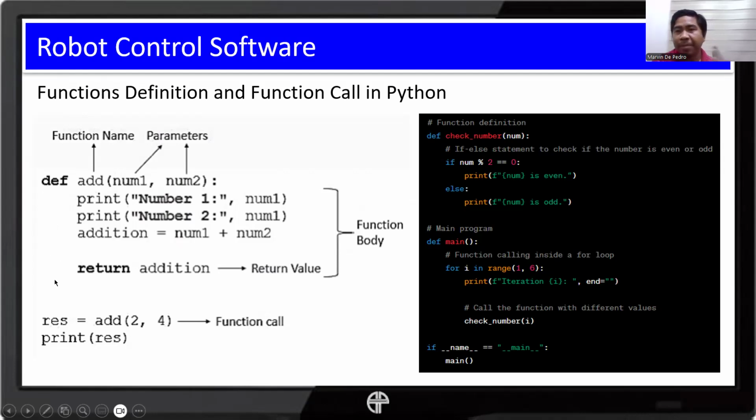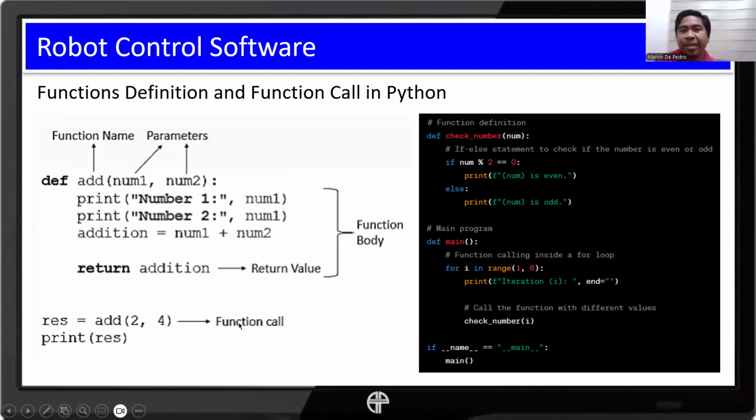That means if you intend it to be part of your function definition, you have to align it with the rest. In short, you just have to observe proper indentation. So here, this line is no longer part of your function definition.